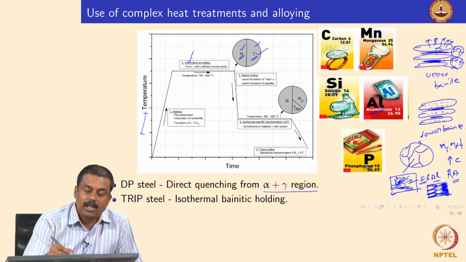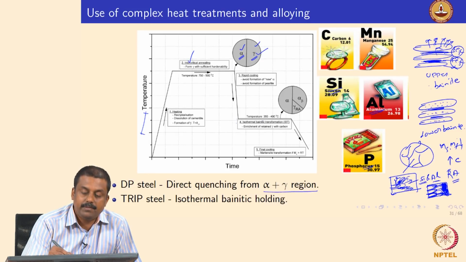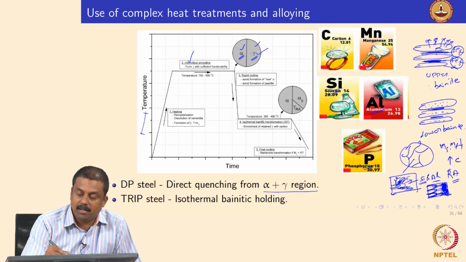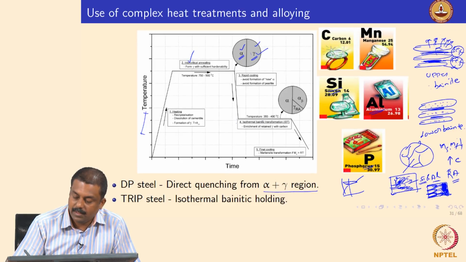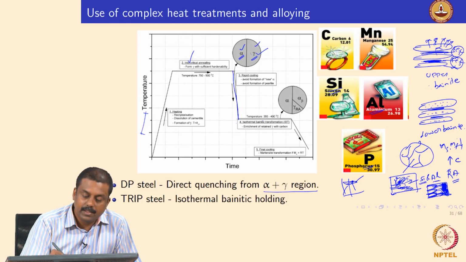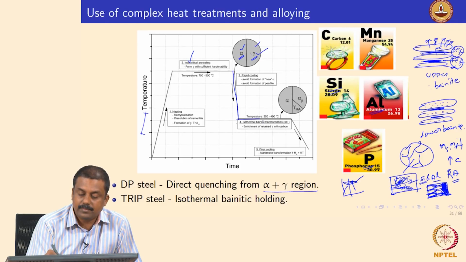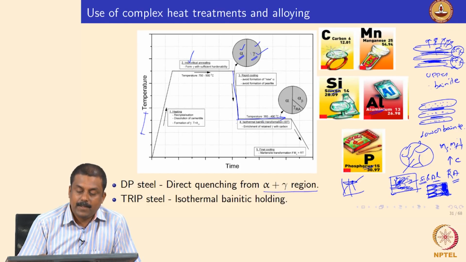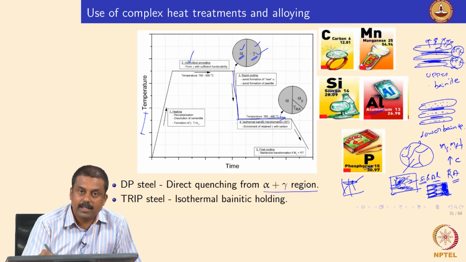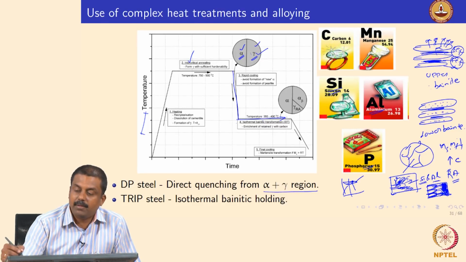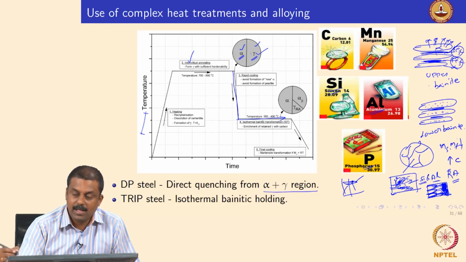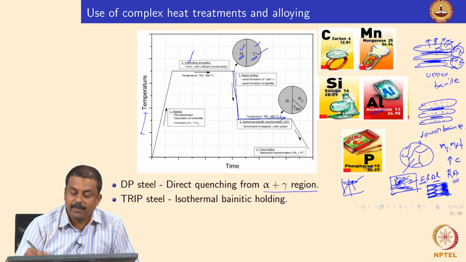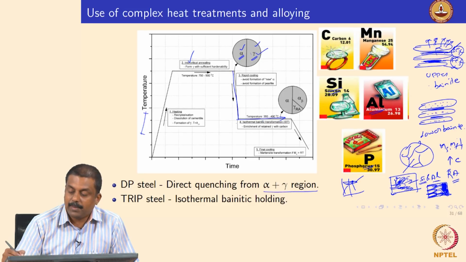We start with a two phase intercritical microstructure which is ferrite and austenite. The austenite is already enriched in carbon. This austenite is cooled to the temperature region where you would have an isothermal holding to form bainite. But this bainite formation is happening without the formation of cementite. How do you suppress the cementite? By adding silicon or aluminum. So, if you have silicon or aluminum, what happens? You suppress the nucleation of cementite during the bainite formation.